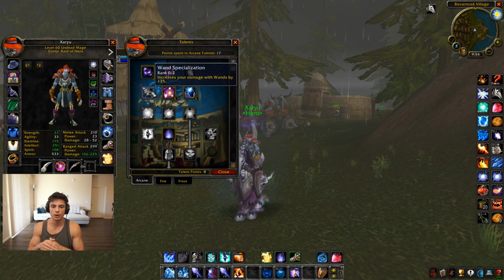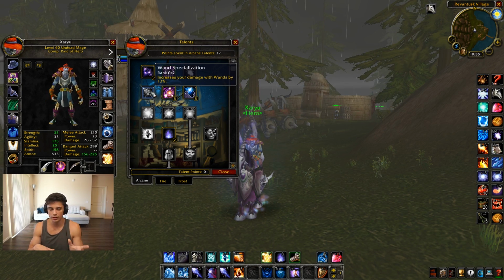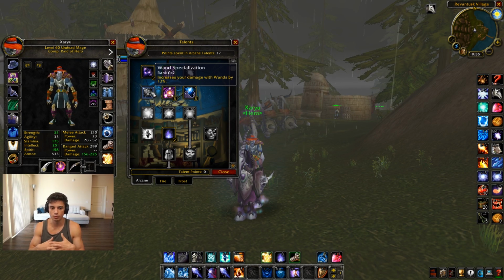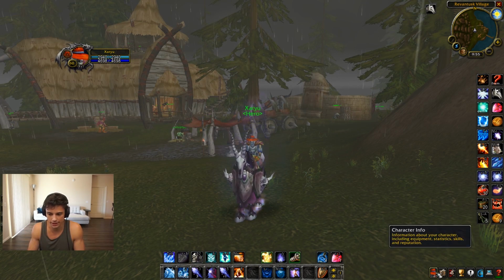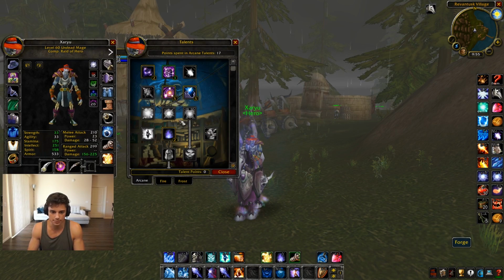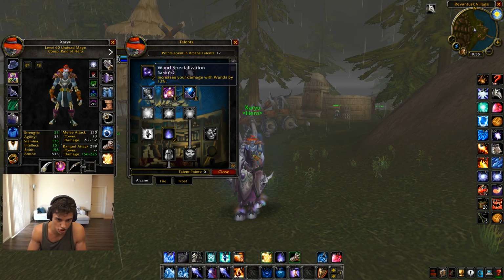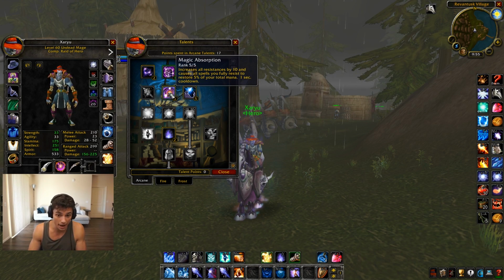25% increased damage from my wand is going to give me an extra like 40 to 60 damage on each wand, or like 20 to 60 damage depending on the speed of the wand. That's just not that much when we have life pools of 3,000. Like an extra 20 damage here or there. Just not the biggest deal. So I decided to skip Wand Specialization, skip out on an extra 20 damage here or there, and grab Magic